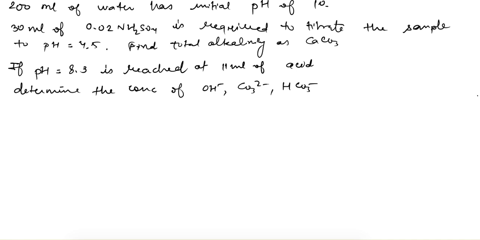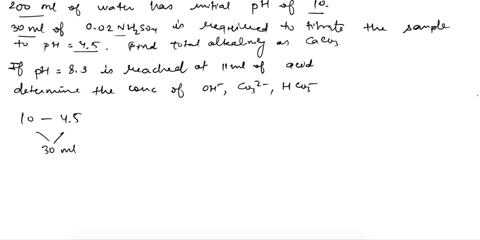Let's see one question based upon the alkalinity. Here a 200 ml sample of water is given, and it has an initial pH of 10, and 30 ml of 0.02 N H2SO4 is required to titrate the sample to a pH of 4.5. So the initial pH is 10, the final pH is 4.5, and the amount of 0.02 N H2SO4 we are using is